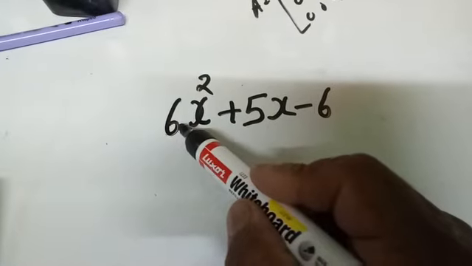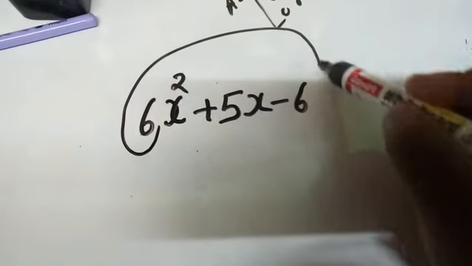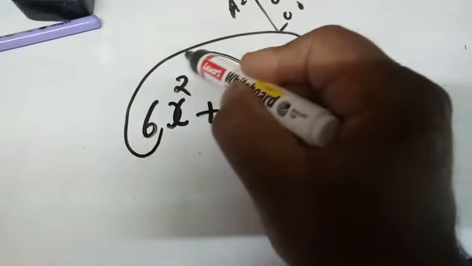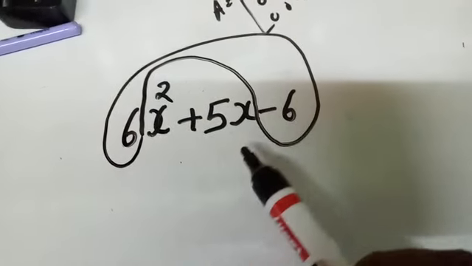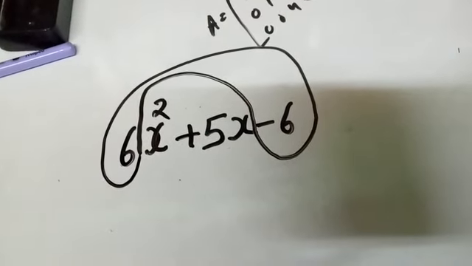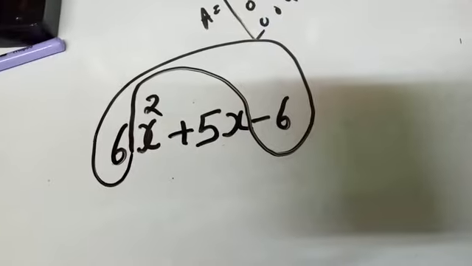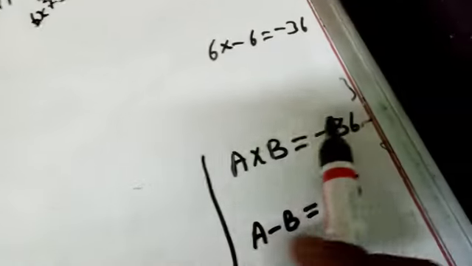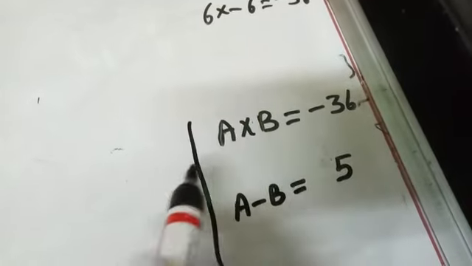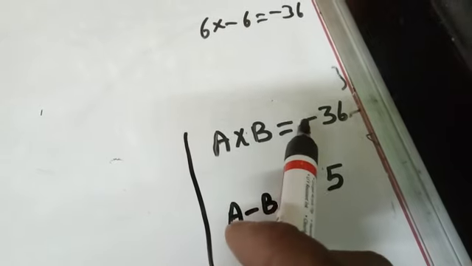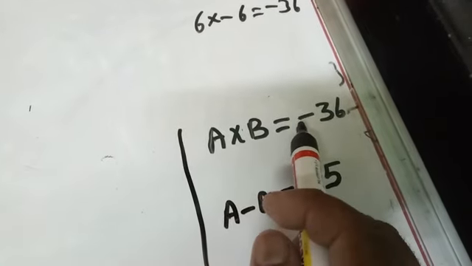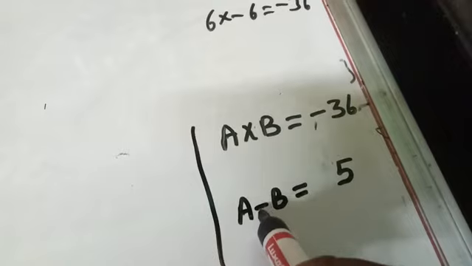To find the factors by splitting the middle term, first we take these numbers and multiply 6 and minus 6. We know 6 into minus 6 is minus 36. That means the product of the two numbers is minus 36, and then this sign tells us that the difference